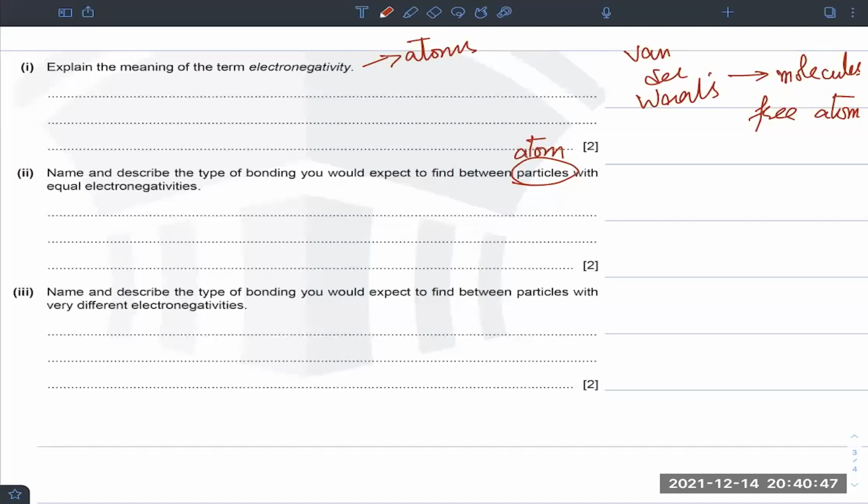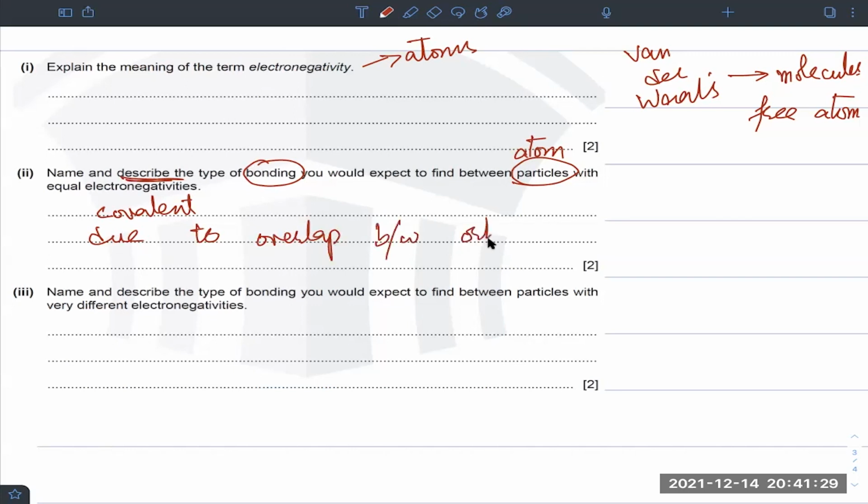Yeah, so it can apply for free atoms, but then again, here it will only be in the case of noble gases. Okay? Or if you have gaseous state, only then will it apply, if they are individual atoms. But bonding is a universal thing; it can happen anywhere. So unless you mention noble gases and all that, the bonding we will have is covalent. And how will it form? Describe is asked, right? So due to overlap